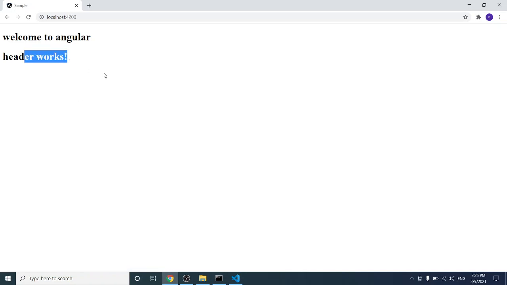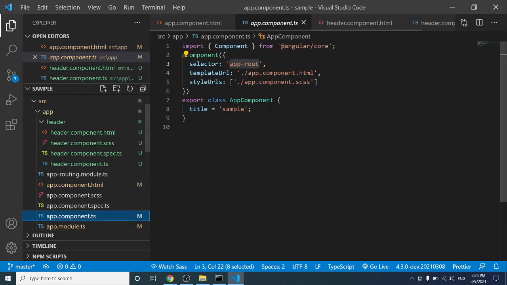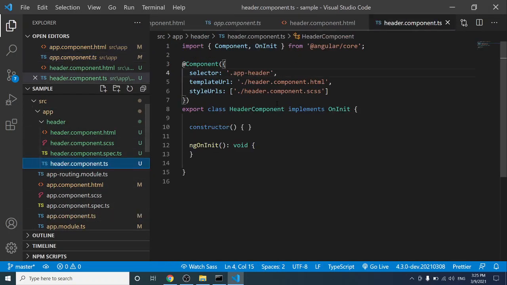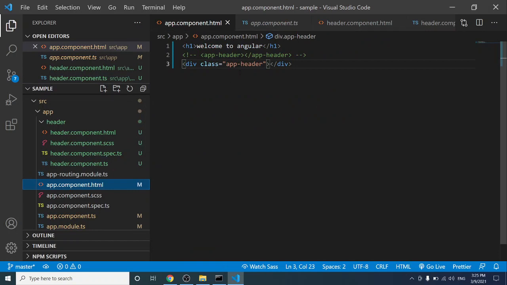Here you can see it is working as expected. What we have done here, inside header.component.ts we have mentioned the dot operator before the selector, and we have changed that selector inside this app.component.html. We have mentioned it here as a class.